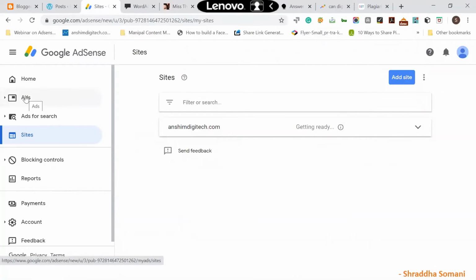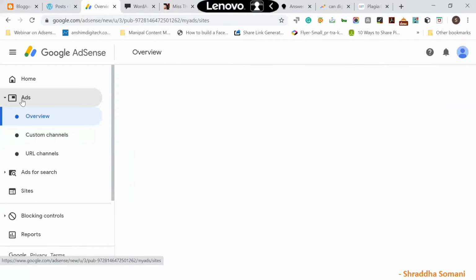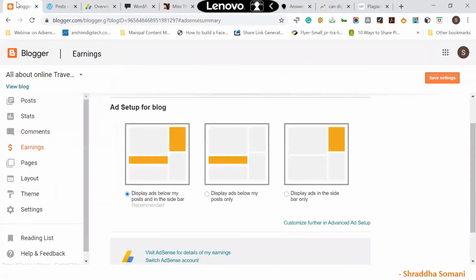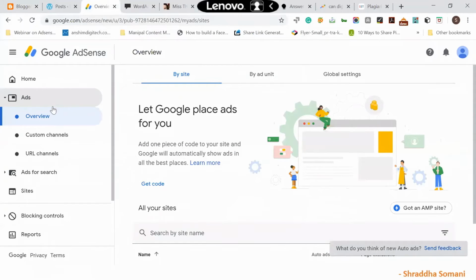After that, once your site is enabled to show ads, you need to go to ads, and then create an ad space manually. Now in Blogger, you can select the ad space automatically. But if you have a site like mistrepsy.com, then you need to configure the space manually. Space simply means the part of your page on which you are willing to show the ads. So you will go to this, and then you will say by ad unit.